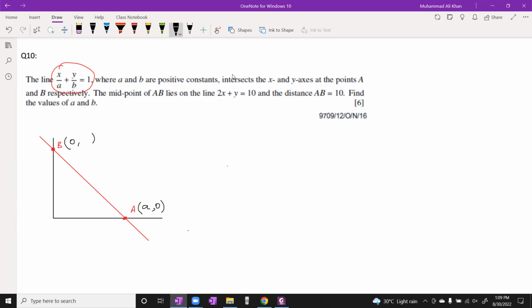And if x is 0, then y is, after cross multiplication, b. So it means the coordinates of A, in this line x over a plus y over b equals to 1. अगर y को 0 रख दें हम, ये सब खत्म, a क्रॉस मल्टीप्लाई हुआ, x इक्वल्स टू a। तो y अगर 0 है तो x a।